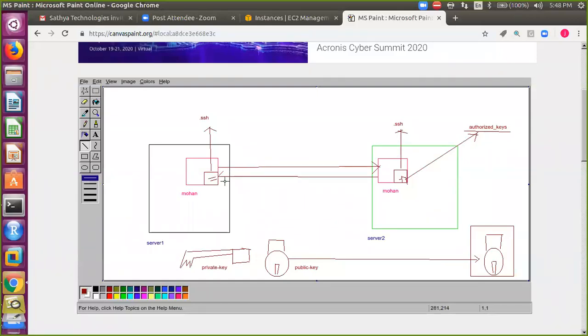The reverse way. We have set up the passwordless authentication from server 1 to server 2 for user Mohan. That is fine. Now, if the Mohan user wants to log into server 1 from server 2, will it ask the password or not? The reverse way.